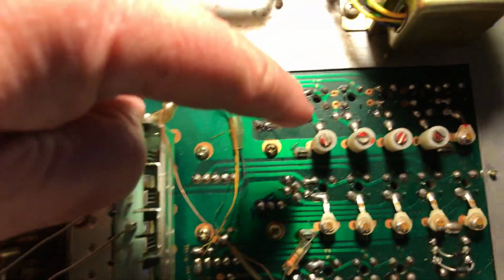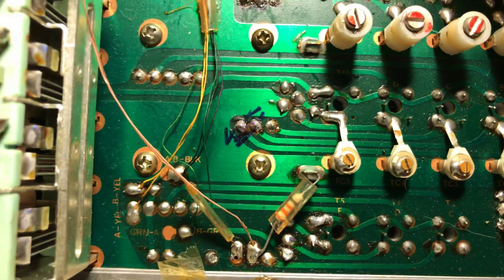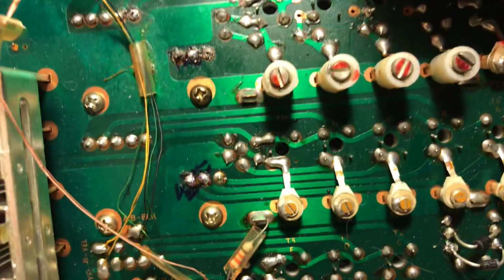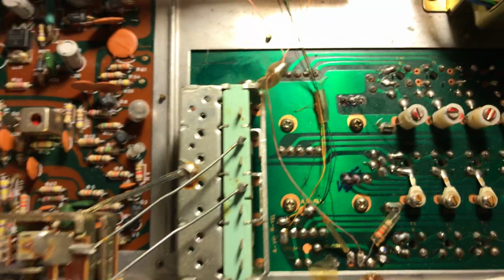On here, they were fine, didn't need it. And I reflowed all the solder joints on here. As you can see, I've got them marked, which ones that I did. And anyway,